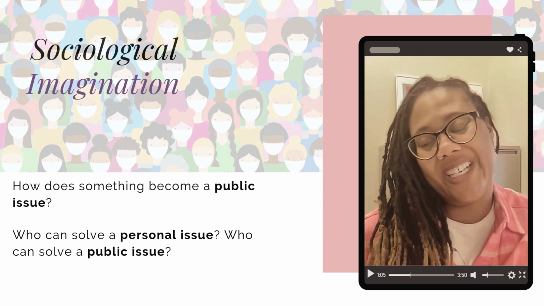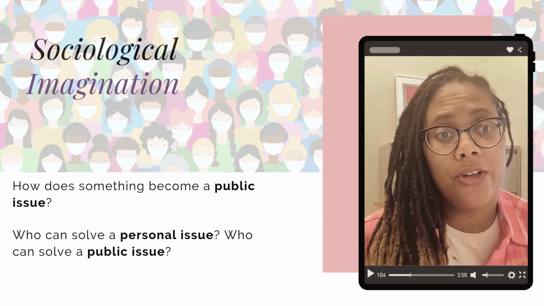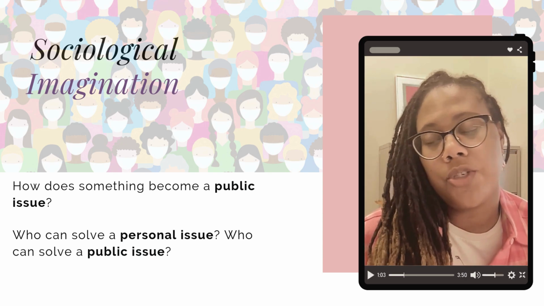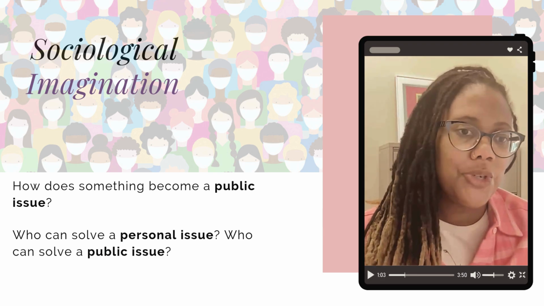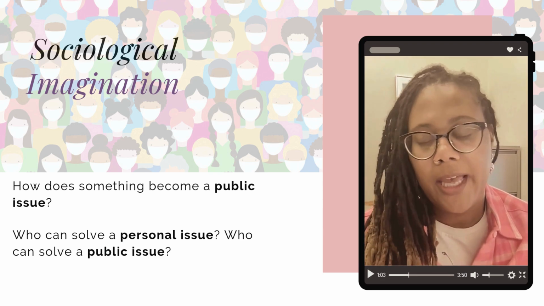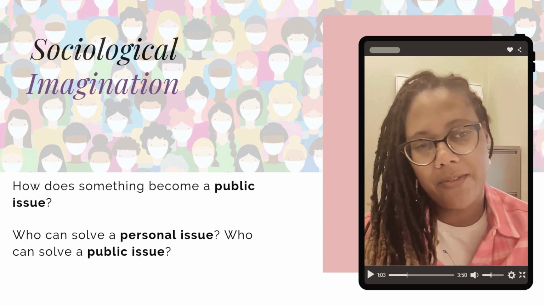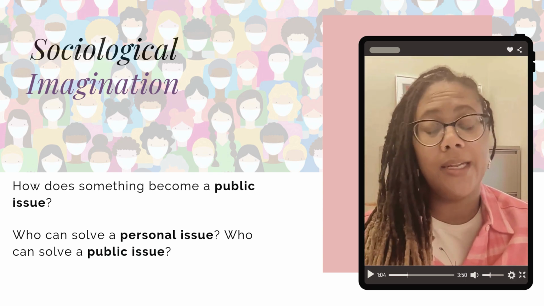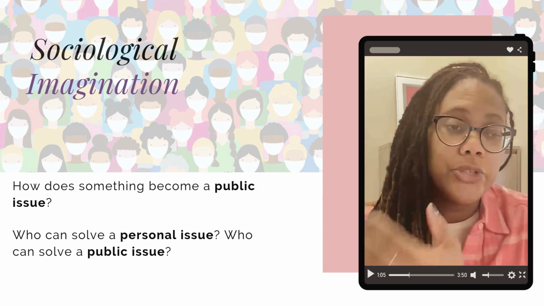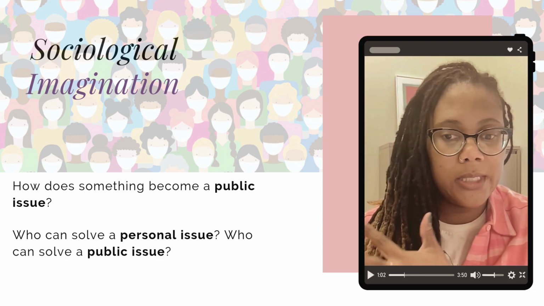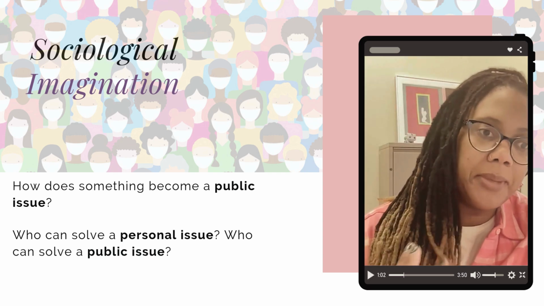So, personal issues are focused on the individual and may be attributed to some sort of personal characteristic, trait or flaw. A public issue, however, is beyond the individual, and it's usually something that is beyond the individual's control specifically. The example that's given in your text is really similar to what I would use in class. Basically, I like to look at how one might lose their job and how that losing of one's occupation can be viewed as either a personal issue or a public issue.